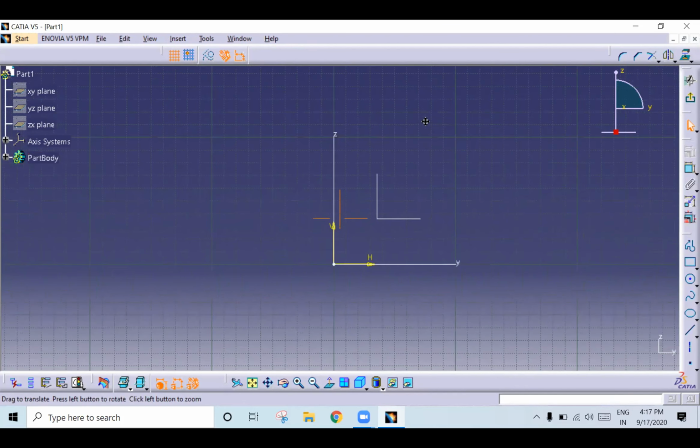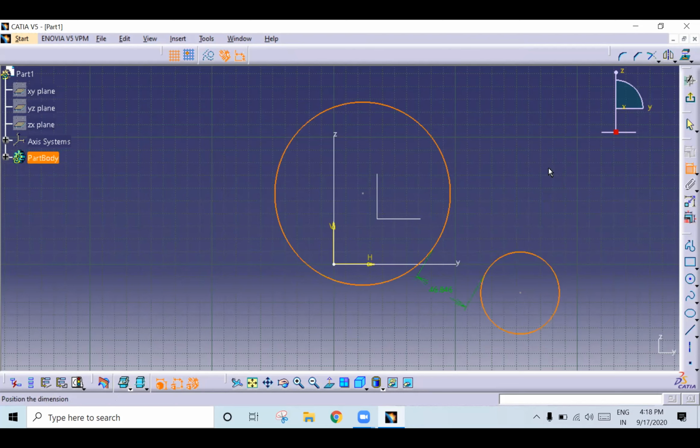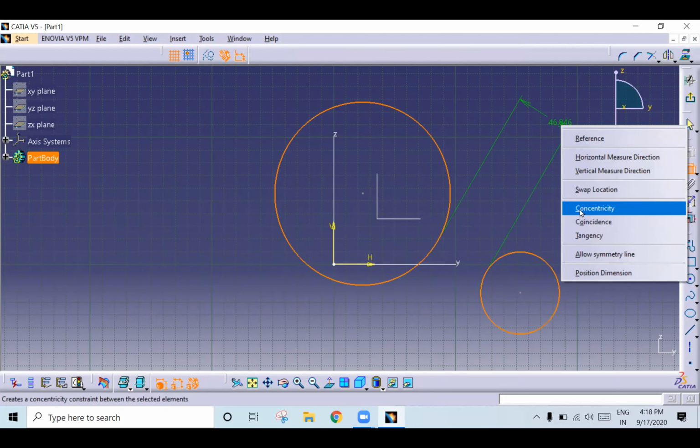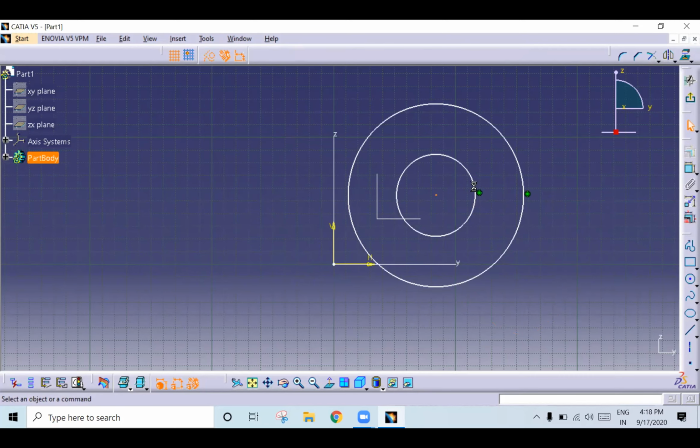So next is concentricity, right? Suppose you have two circles. What do you mean by concentricity? Two circles of different diameters lying on the same center point, right? So select two circles, right click on Concentricity. See, now you have got concentricity. Next,